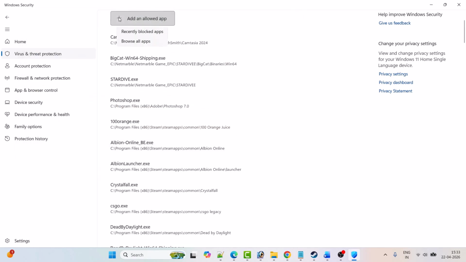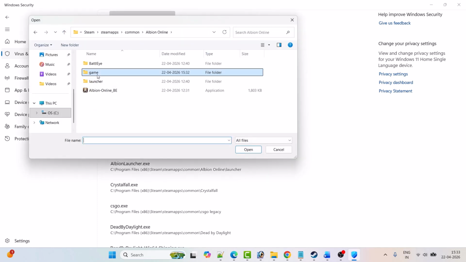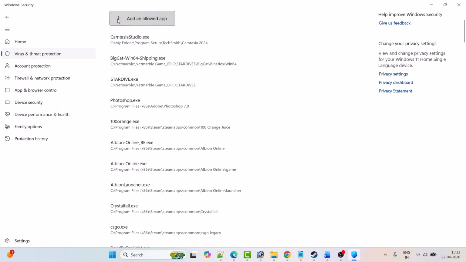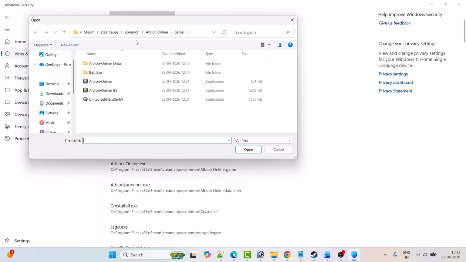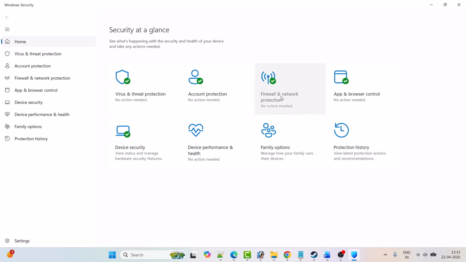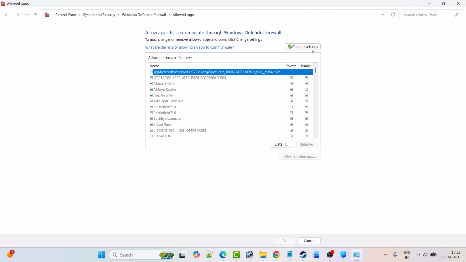Now again click on add an allowed app, browse all apps, go back, open the game folder, select this Albion Online exe file and then click on open. Again click on add an allowed app, browse all apps. This time select Albion Online _BE.exe file and then click on open to add it to the list. Now go back, click on firewall and network protection, click on allow an app through firewall, click on change settings,